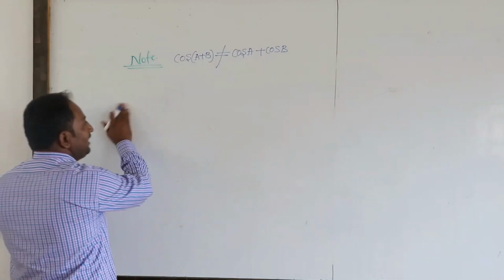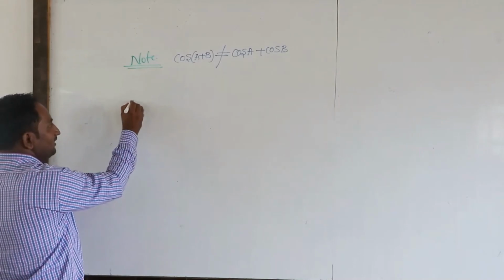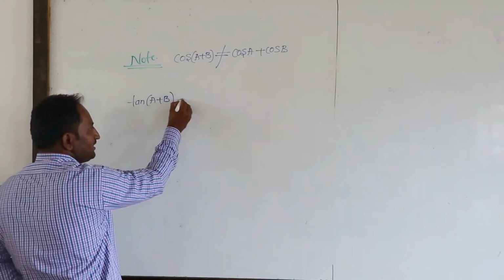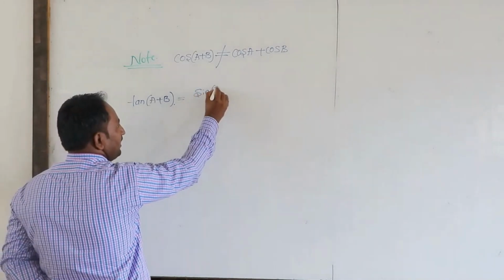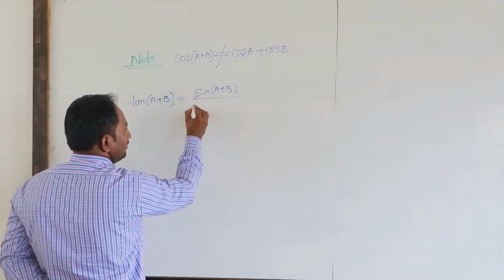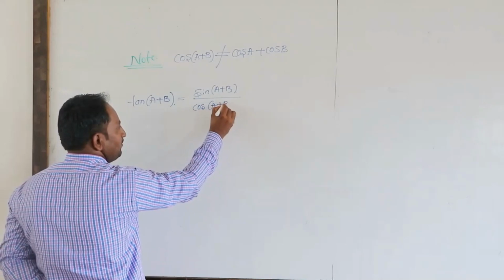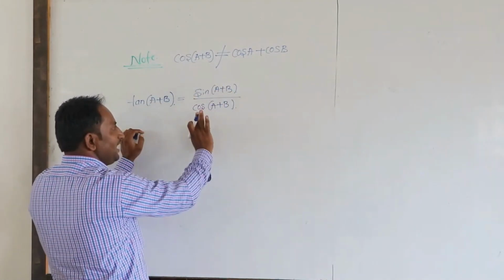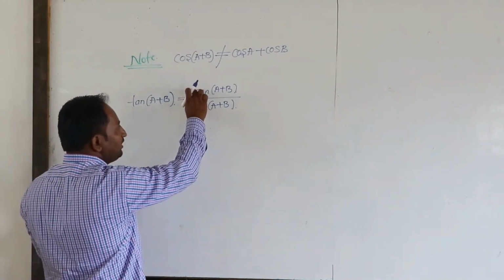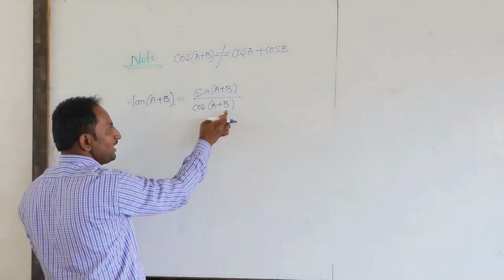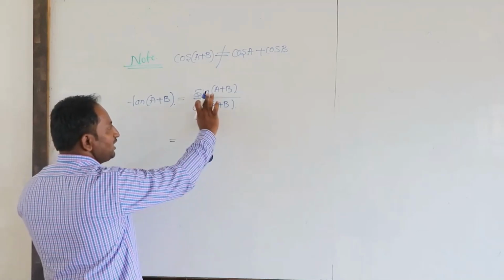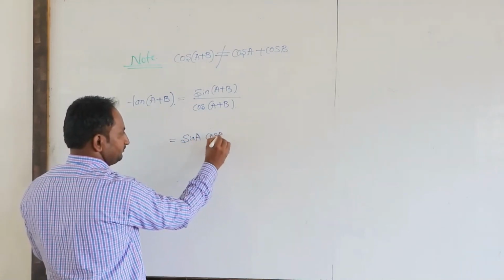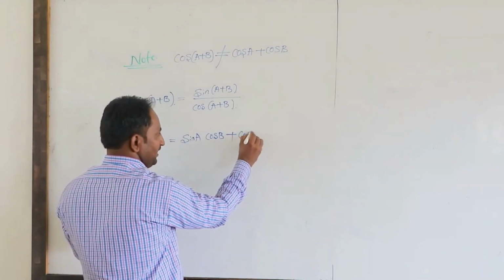Then here again we can derive some basic formulas, like tan of a plus b. Here tan of a plus b is equal to sin of a plus b divided by cos of a plus b. We can derive tan of a plus b by using the sin of a plus b and cos of a plus b formulas. Here we can substitute sin of a plus b is equal to sin a cos b plus cos a sin b